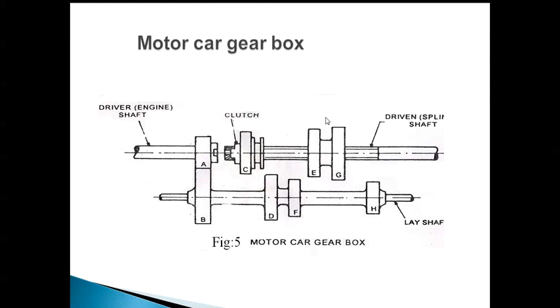So here you can see a diagrammatic arrangement of a gearbox of the sliding gearbox type for a motor car. So this is a sliding mesh gearbox, sliding gearbox type. A sliding gearbox is nothing but the gears will slide. We can slide the E and G gears to get different speeds. So we can slide on this driven shaft to get the different speeds. That's why it is called a sliding mesh gearbox.